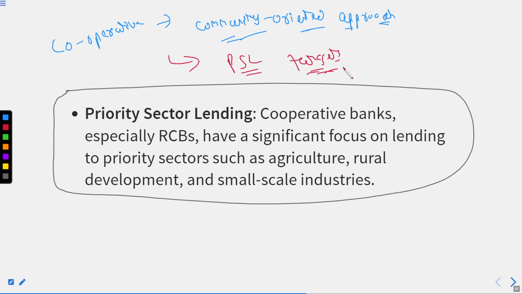Okay, because right now after the amendment they are also being treated as a normal bank. Got it? And as per the normal banks, they are also getting the priority sector lendings, like lending loans for agriculture, for rural development and small scale industries like other banks. Got it? Now,